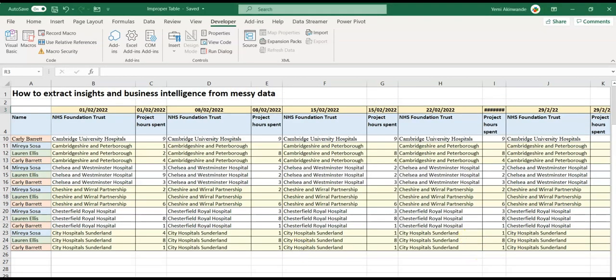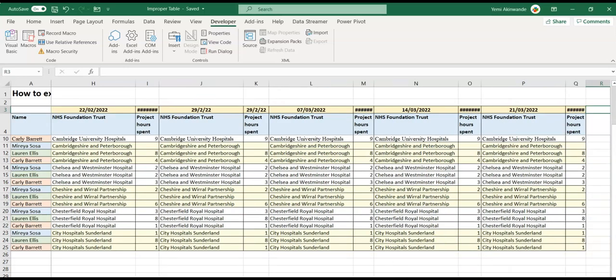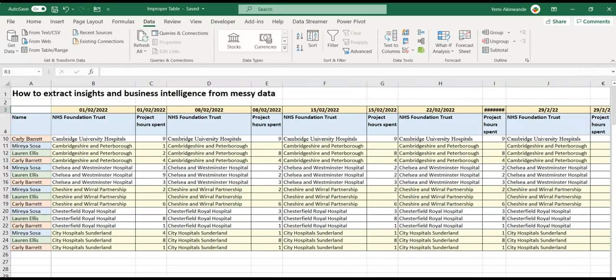Let's just check the end of the data. This is a good practice, so you want to check what's going on right up to the end. Next, it's important that we just have one header per row. And in this case, because we've got two, we need to create a new header row. So I'm going to do this by joining these two cells. So it's going to be this, and then let's join it with a hyphen and this.